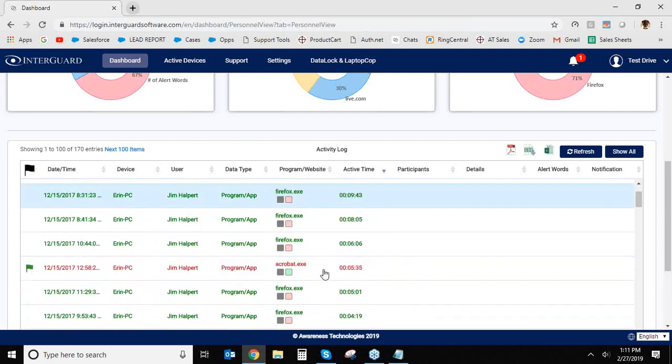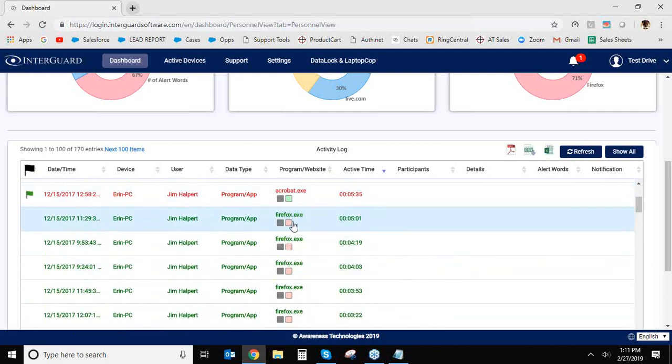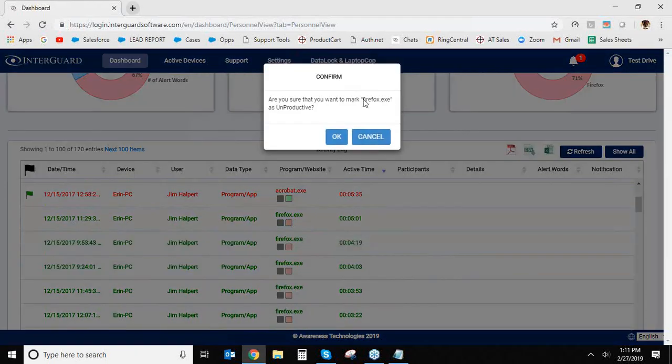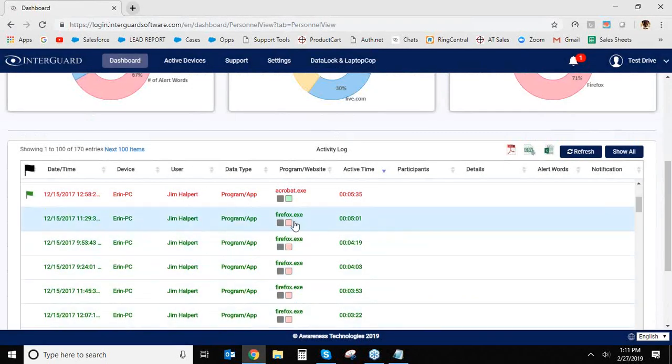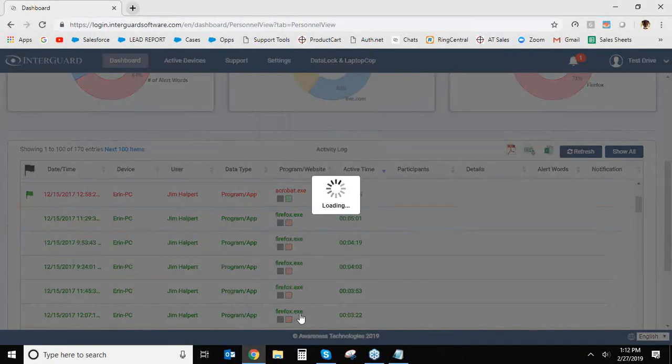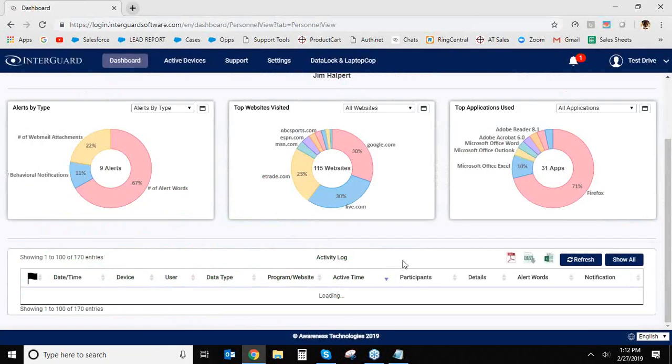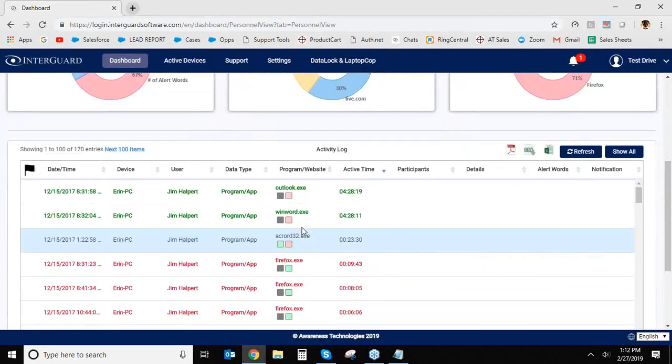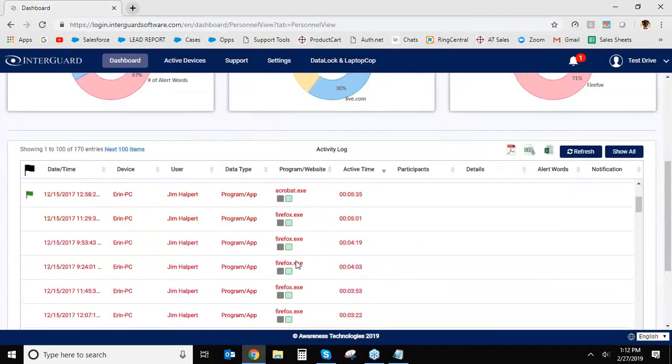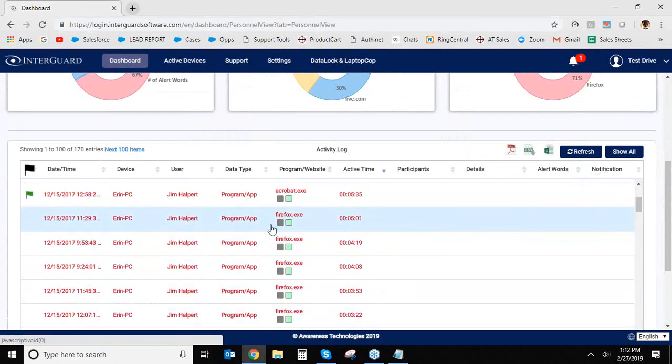So if I want to say going forward that Firefox is unproductive, I would just click on the red box. It would say, do you want to do this? I would say yes, and it would turn all of the Firefoxes into unproductive and immediately change his ranking in terms of what percentage of his time was unproductive versus productive. So now you can see every Firefox is unproductive, and these settings will apply to everybody that's in Jim's group